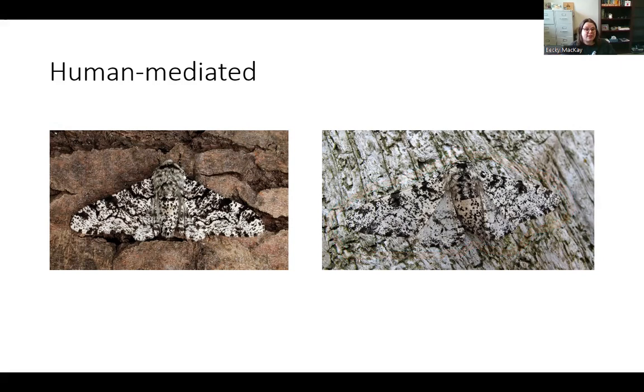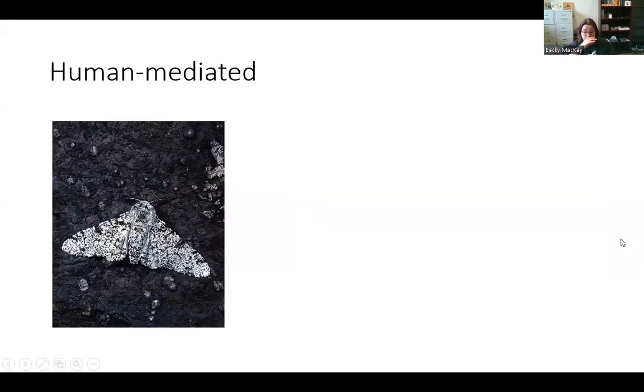Well, right around the time of the Industrial Revolution, we burned a lot of coal. And by burning a bunch of coal, the soot and ash got all over the trees. By getting all over the trees, it literally turned the trees black. So our beautiful peppered moths with that amazing natural camouflage now stick out like a sore thumb. So birds that eat these moths are like, well, there you go. There's my moth. I'm going to eat it.